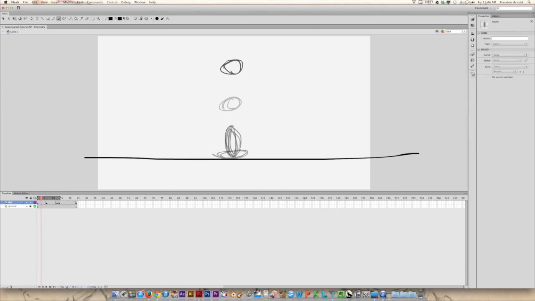Problem is, if we do it this way, timing wise, it means the ball will always be going the same speed. Up, down, up, down. When a ball really bounces, it's not always going the same speed. It more goes fast while it's bouncing, and then slows down when it's at the top. Boom, boom, boom, like that. So in order to replicate that timing,